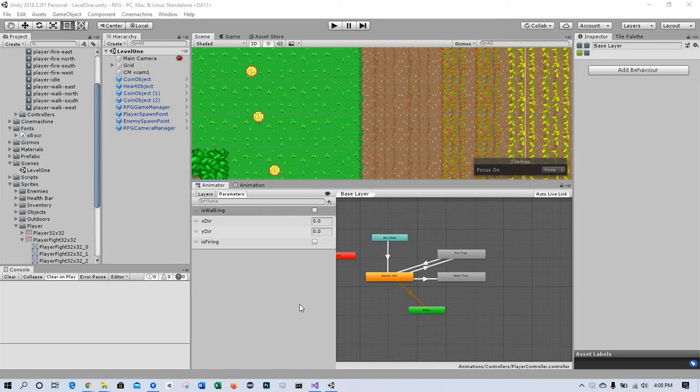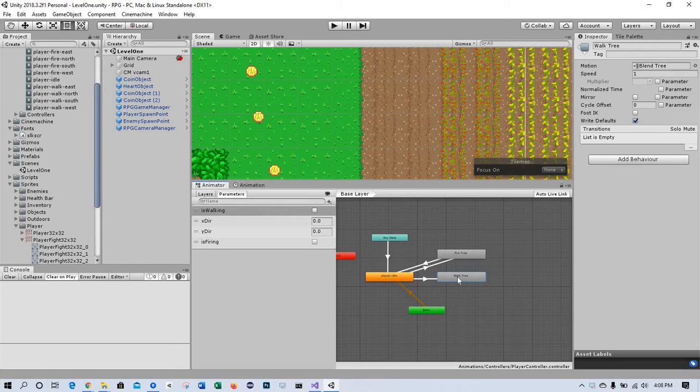Okay, the last video got cut off, and the last change I was making was I noticed that there was no transition from walk tree back to idle. So I'm going to create that now. Make transition, connect it to player idle,